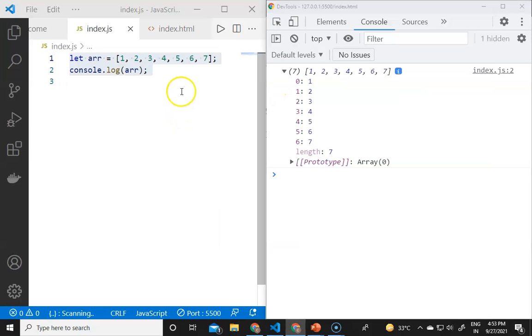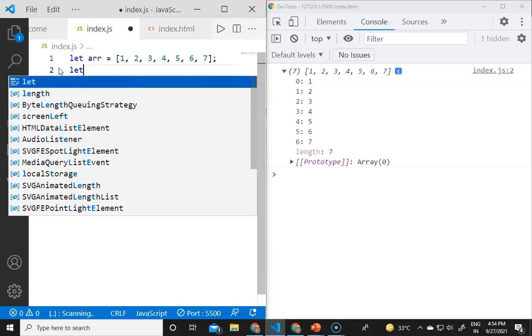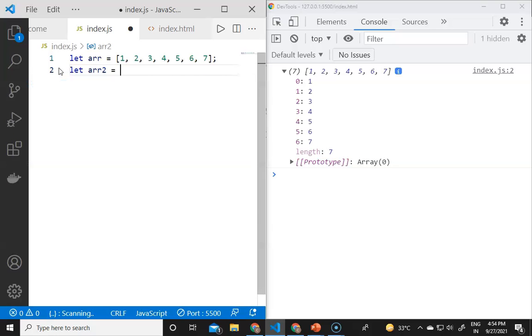But if I use this spread operator, then it would be let arr and then let arr2 equals 8, 9, 10. Now I declare a new variable, let arr3 equals an array, and there I will merge these two arrays, arr and arr2.